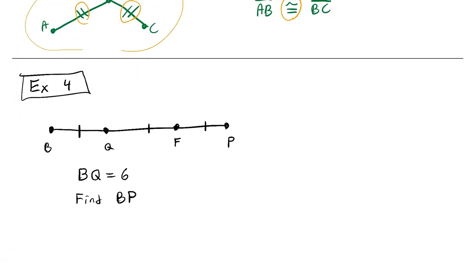And so here's another example. So it tells us that BQ is 6. Again, there's no bar over it, so it means the length of line segment BQ, or the distance, is 6. And then it says find BP. Well, what am I going to do? Well, look at this. It says this line segment with 1 dash is congruent to this line segment with 1 dash, and this line segment with 1 dash. So all three of those have a length of 6. Again, we can assume this is a straight line. And since these points are between, we can just add up those pieces of that straight line journey and say, well, 6 plus 6 plus 6, that's a total distance of 18 from point P to point